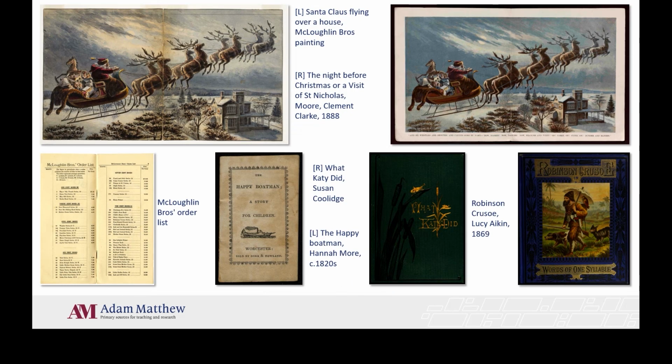Apart from being a feast for the eyes, there are several aspects of the resource I would highlight as being particularly special or useful for researchers. The backbone of our selection from the American Antiquarian Society is the McLaughlin collection. The McLaughlin brothers were an influential and pioneering publishing house whose material is not available in such volumes anywhere else